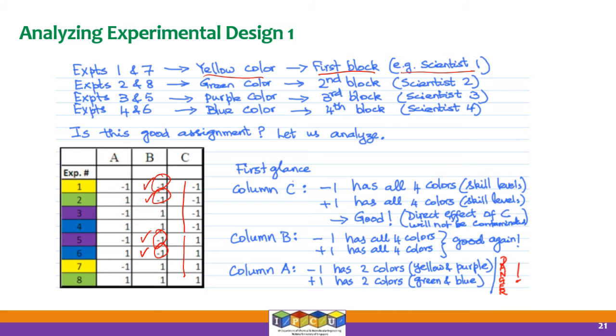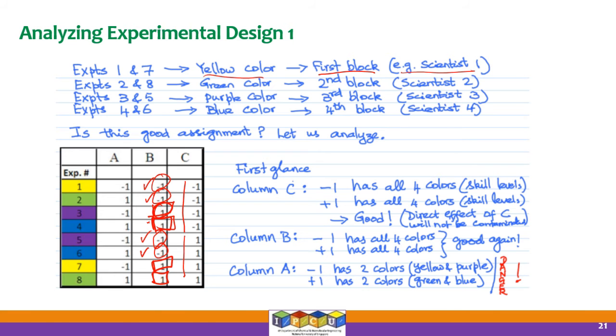Each of the scientists or chemists gets to do an experiment with B set at -1 and an experiment where B is equal to +1, as you can see here. So purple, blue, yellow, and green. Each scientist gets to do one experiment where B is equal to -1